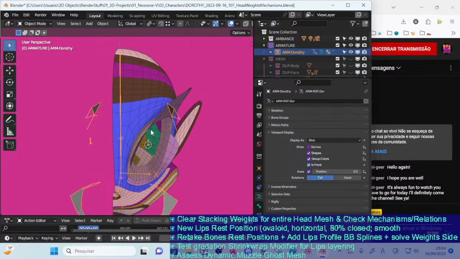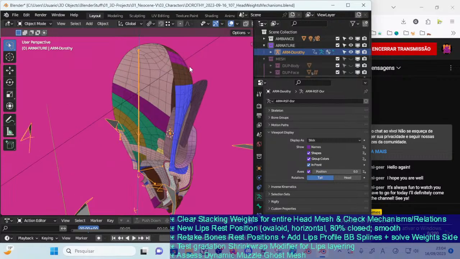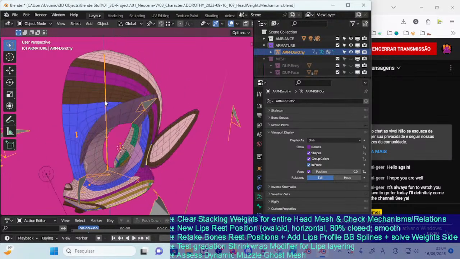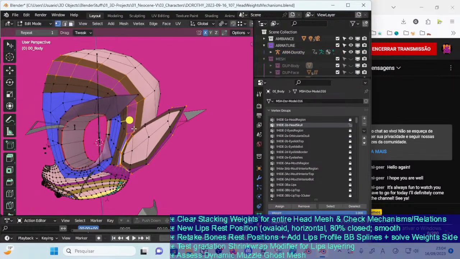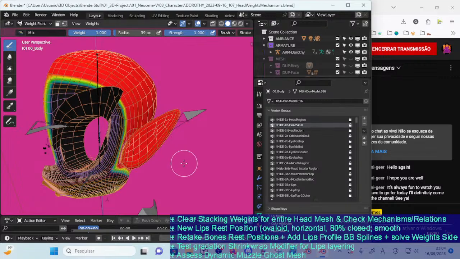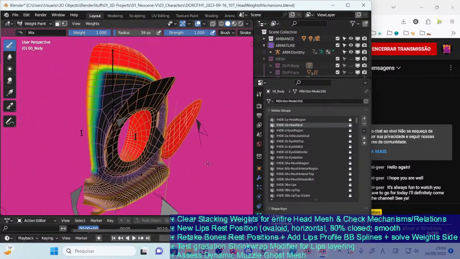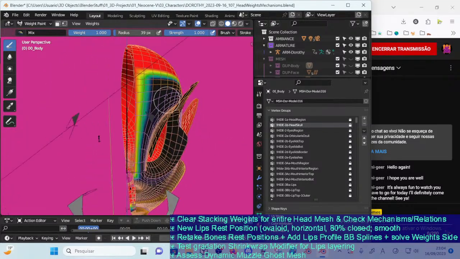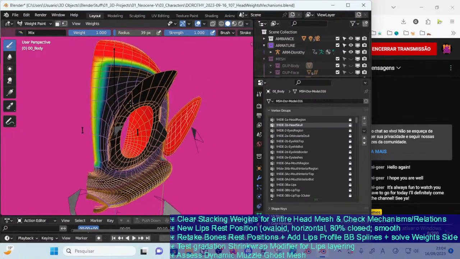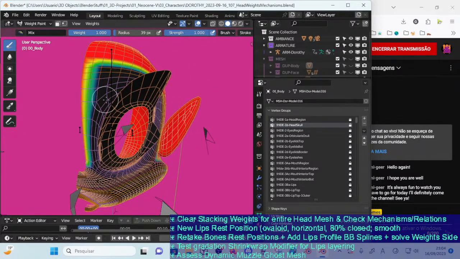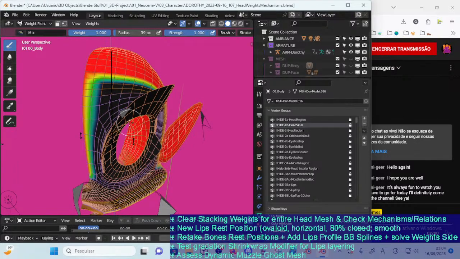But yeah, we're going to work on the subdivisions anyway. There's enough mesh there to deform, but from my experience, I think it's